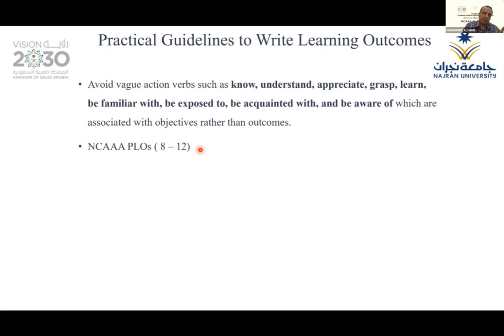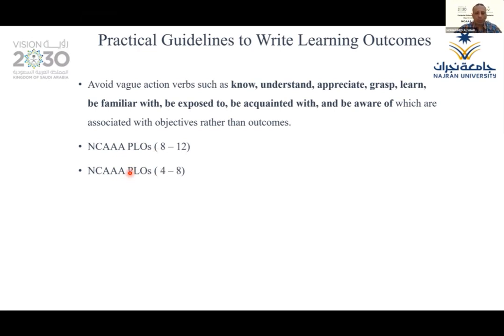It was 6 based on ABET. NCAAA didn't accept less than 8, so we added, and we will talk about that later. But this is the NCAAA requirement, even if Dr. Mohammed Alshargabi, in the last validation visit, mentioned that this is the acceptable number of PLOs. For CLO, sorry, that one is a mistake.